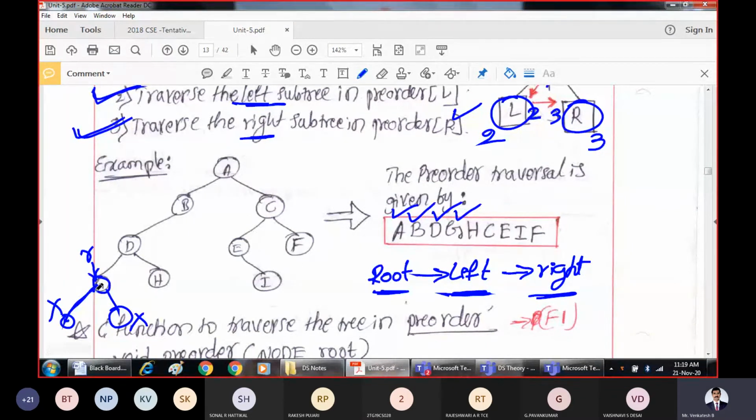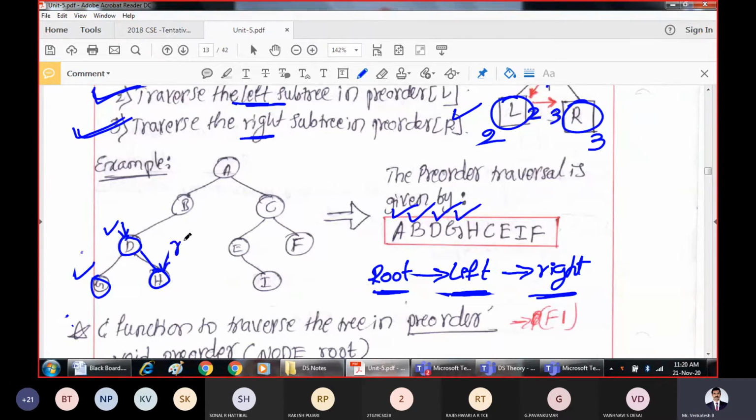Now when you come to this node, you reverse back and consider this node now. For this node, D, what have we done? For D we have processed the left subtree. For D, this is the root node which is already processed, and G is also processed. These two. Then after coming up, you should go right and process this node. Why? Because of the procedure we are following: root node, left subtree, then right subtree.